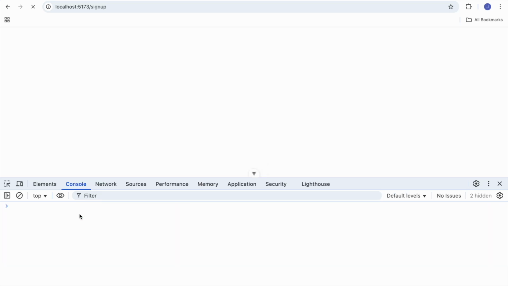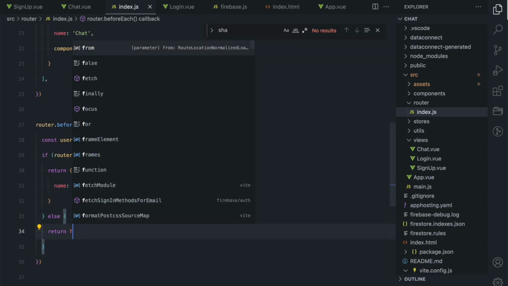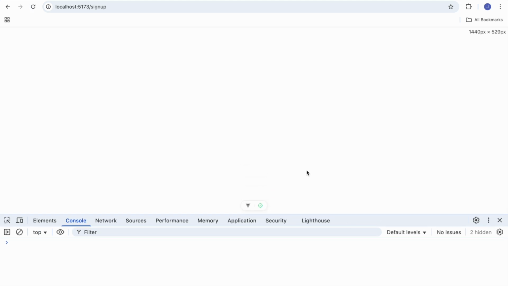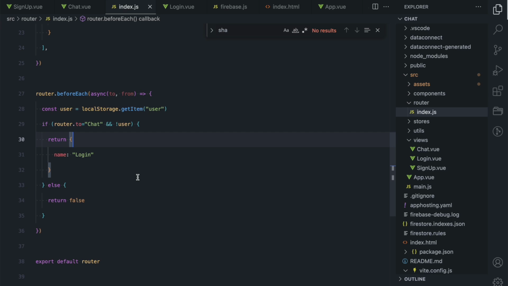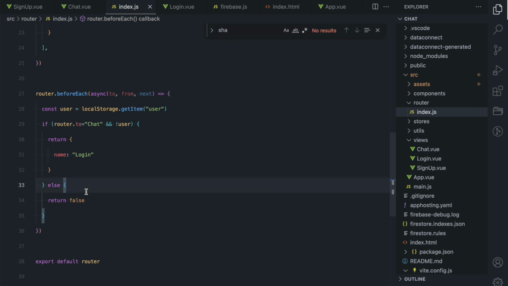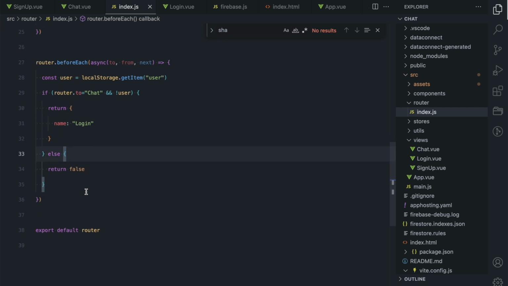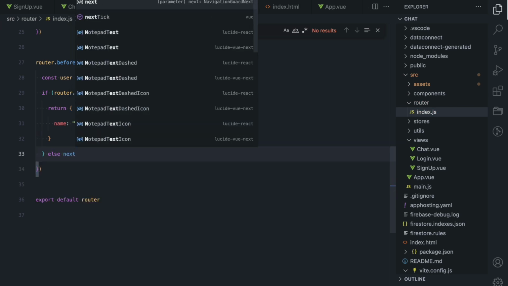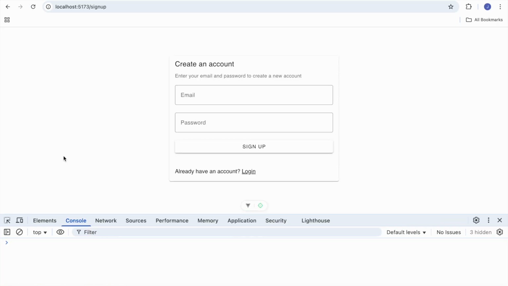Else, return false. And our sign up page is not appearing. Let's take next, and instead of returning false, let's tell it to continue with next. Yep. So basically we are telling it,